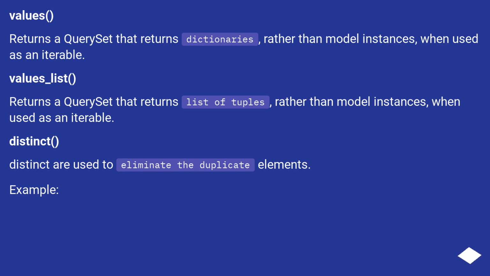Values returns a query set that returns dictionaries, rather than model instances, when used as an iterable. Values_list returns a query set that returns a list of tuples, rather than model instances, when used as an iterable. Distinct is used to eliminate the duplicate elements. Example: